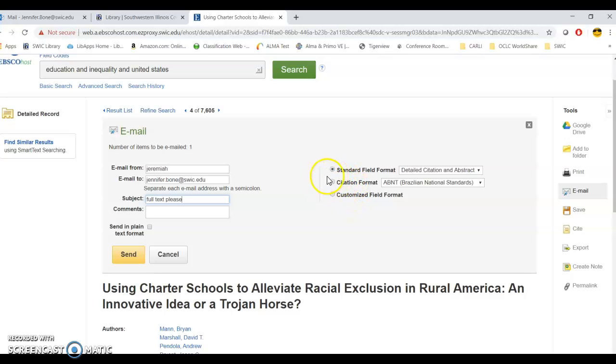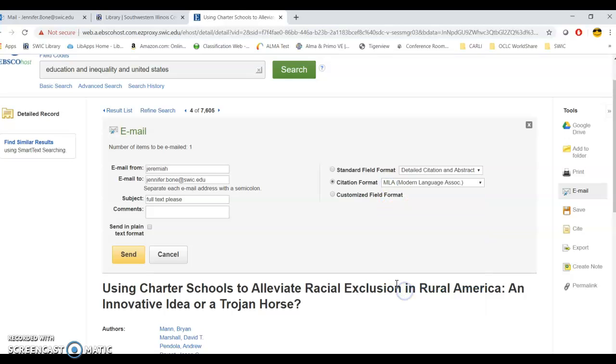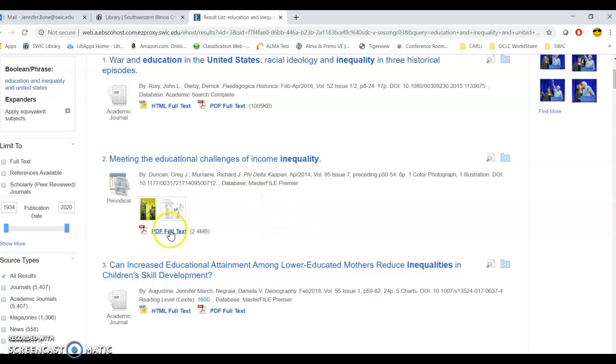And also, when you email an article to yourself, just know that EBSCO has an internal citation writer, so you can put the button right outside the citation format and then select your style right here. And then you would just click send. So that works for all articles if you find them and they are full text. When you open them up,